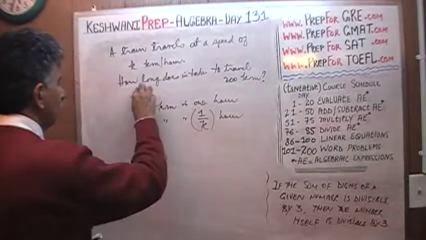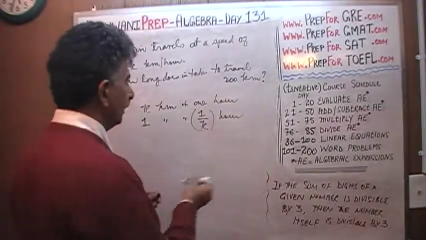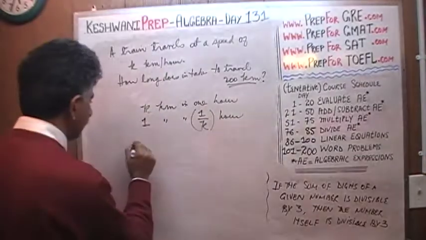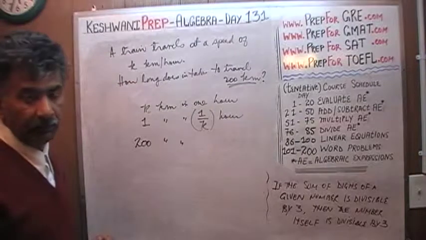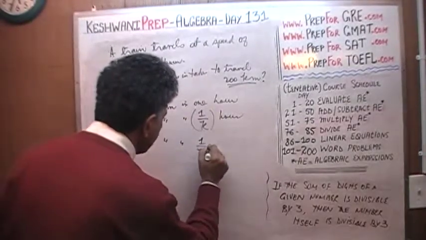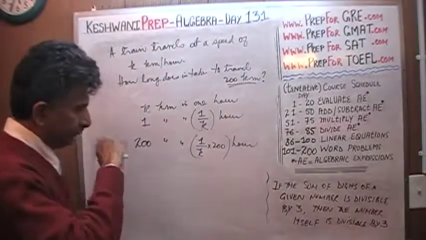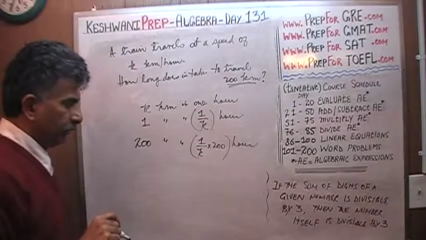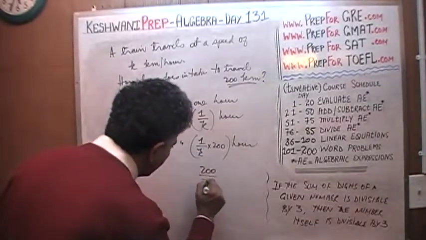But we do not want to go 1 kilometer. We want to go 200 kilometers. So how long should 200 kilometers take? 200 kilometers should take 200 times the amount of time. 1 over k times 200 hours. But of course we don't write it like this in algebra. 1 over k times 200 will be written as 200 over k